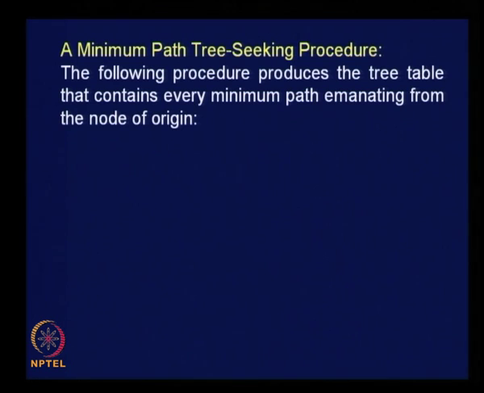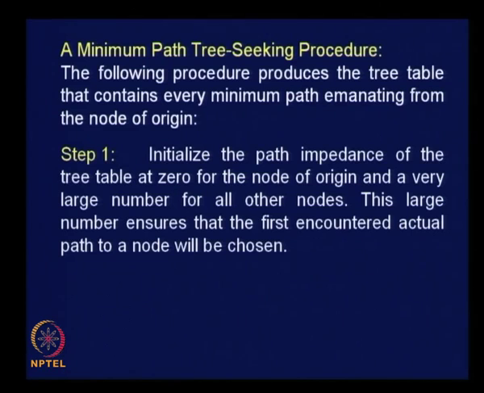The minimum path tree seeking procedure is as follows. The tree table that contains every minimum path emanating from the node of origin is what we call the minimum path tree seeking table. Step 1: Initialize the path impedance of the tree table